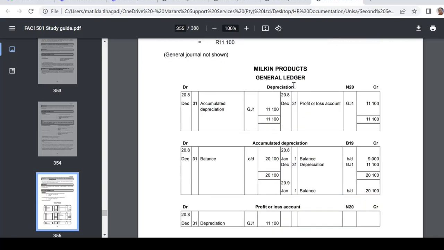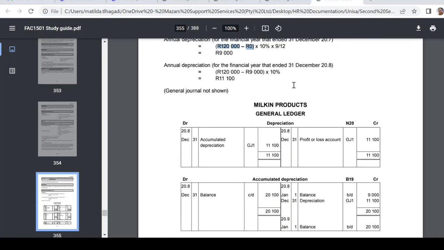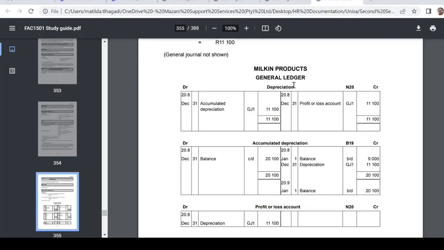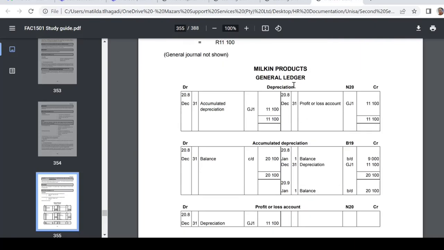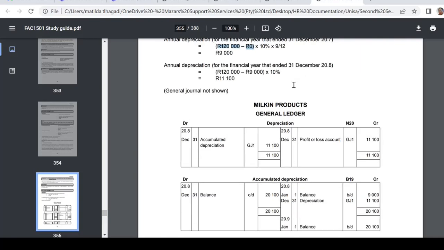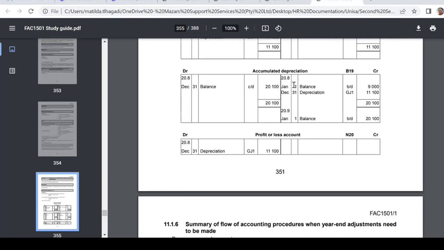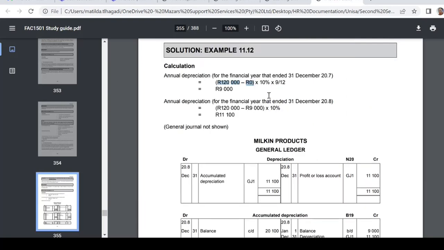Basically, depreciation for the year ended December 20.8 is 11,100. The accumulated depreciation is 9,000 plus 11,100,